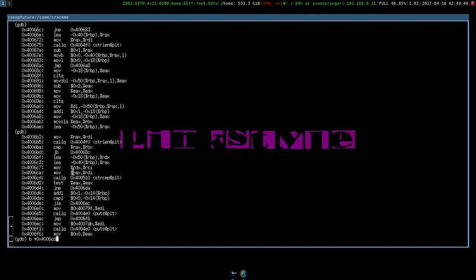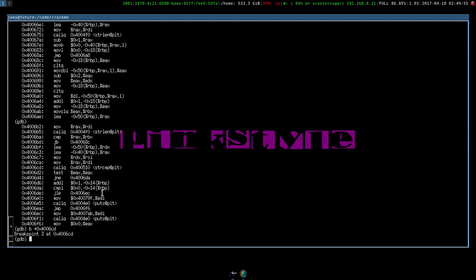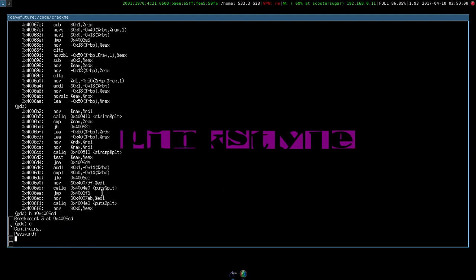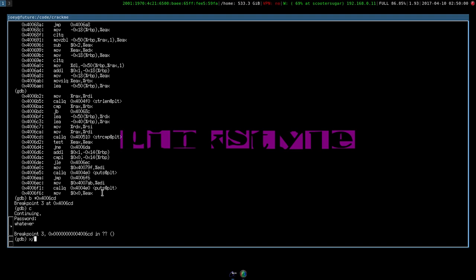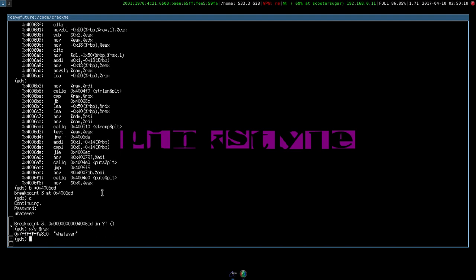I'm breaking on the call to string compare because by then we know that our password has been pushed onto the stack on 32-bit. Again, if you're on 32-bit, the calling convention is a little different. They'll push your variables on the stack, whereas in 64-bit they put them in registers. But the point is, once we hit that call to string compare, we know that the environment's been set up so that the arguments are there, and we know we can look at the password. So let's put a breakpoint, hit continue, put a password in, it doesn't matter. And we're going to examine string at RAX. So that's the password that we put in. And so we're going to check out RDX,